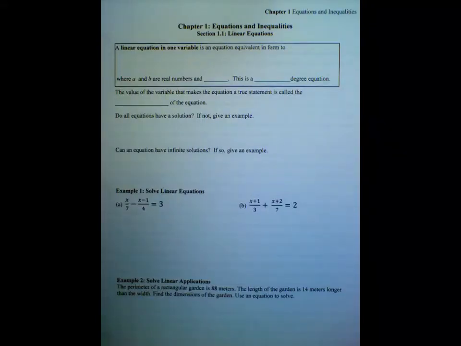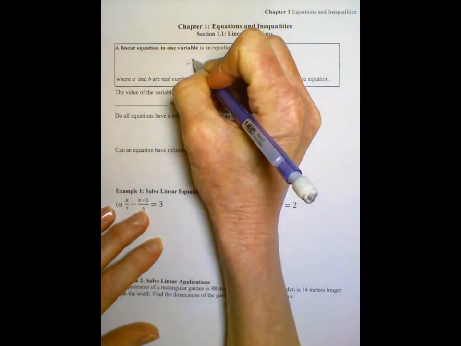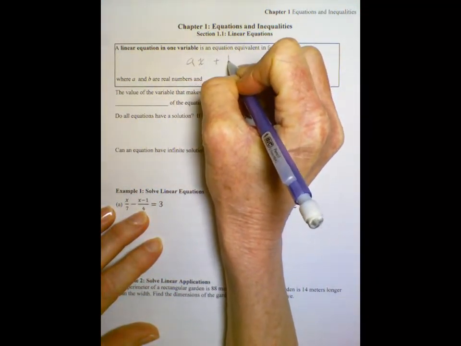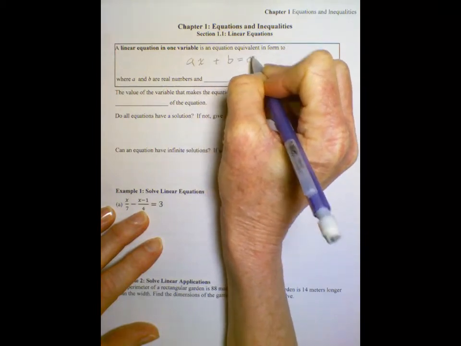Now we'll begin with Chapter 1 on equations and inequalities. Our first section is on linear equations. A linear equation in one variable is an equation equivalent in form to ax plus b equals 0, where a